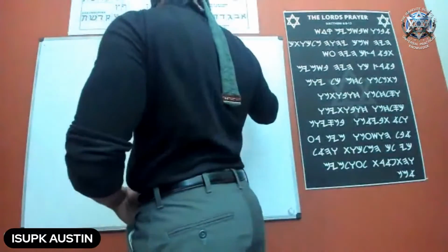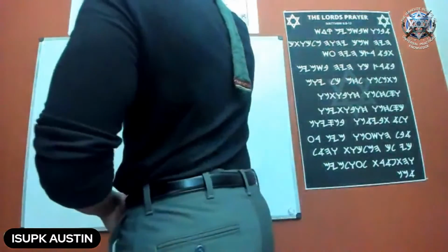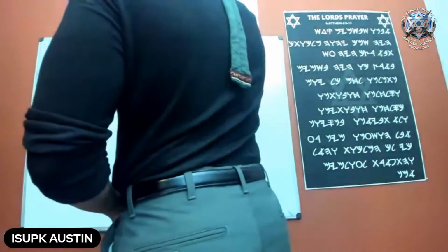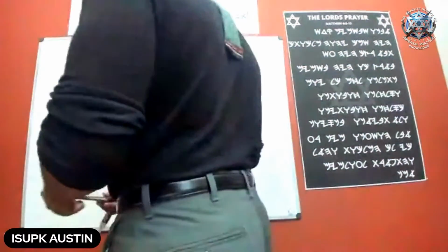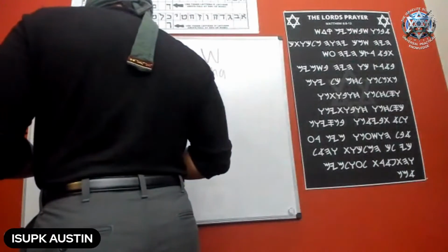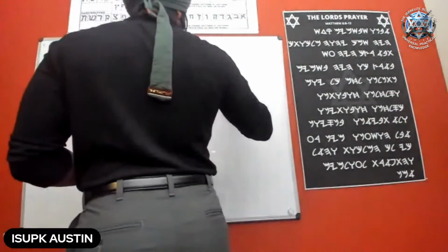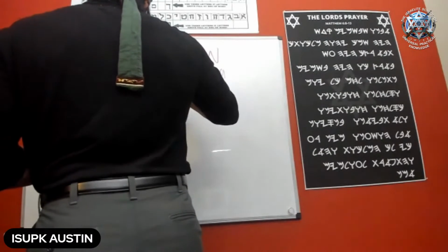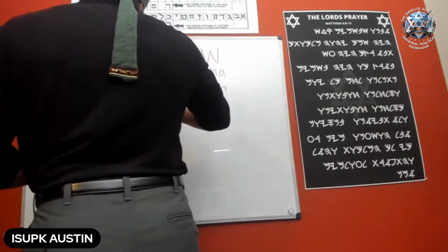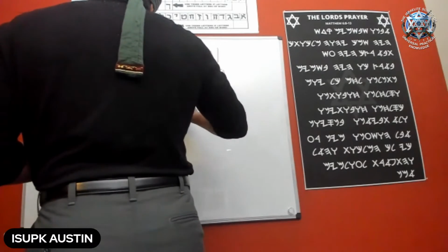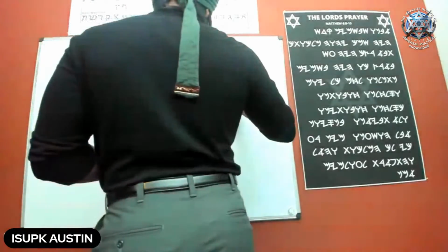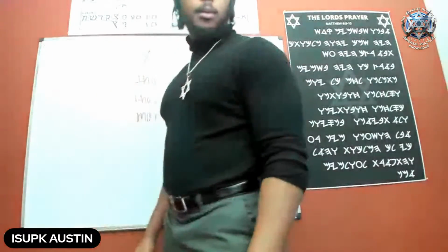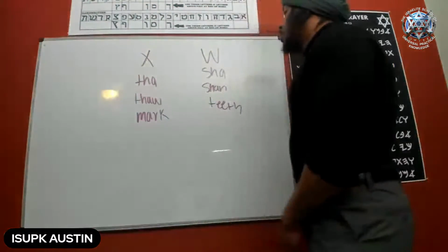We have two more, right? Shot. Shot. Shot. And shot. Where do these come from? Let's get them. This comes from Sean. And this one comes from Foul, which is Mark. And this one is teeth. Right? So we have Mark.